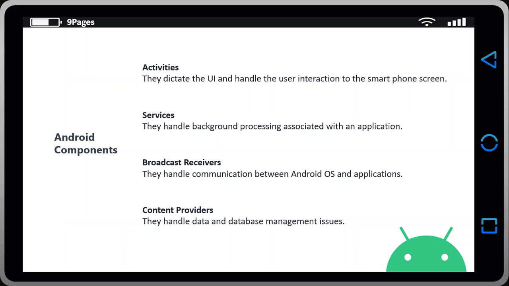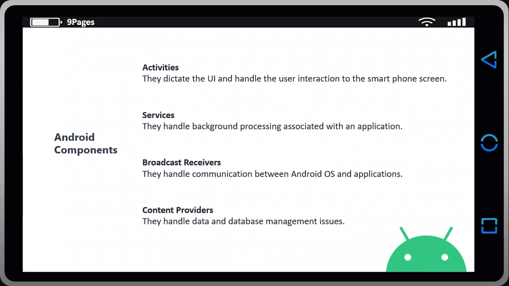So if the application has more than one activity, then one of them should be marked as the main activity, which is presented when the application is launched.